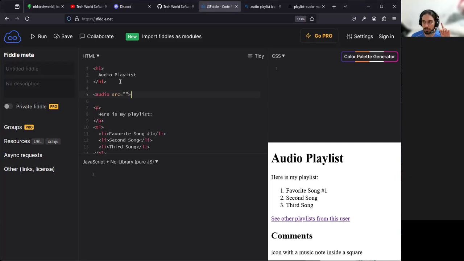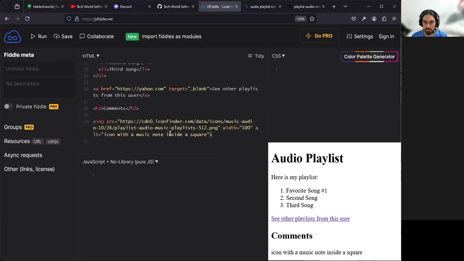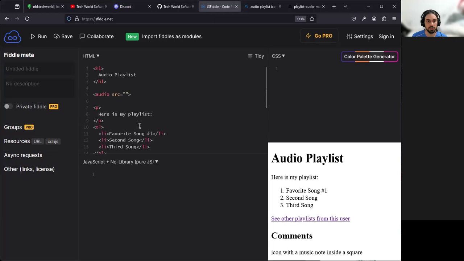And oh, I forgot to mention one thing before I move to audio. Going back to image, you notice I didn't put a closing tag. That's because it's a special tag. Images are self-closing. So when you have self-closing elements, they can only have the open tag. There's no need to have a closing tag. So that's why I didn't type a less than slash img here. Because if you think about it, there's really nothing to put between that would show like a text. Maybe you could think the alt, but that's not the way they did it. Anyway, that's a self-closing tag. You're going to see that too. And going back to audio,